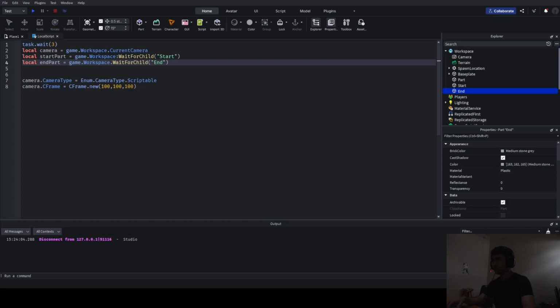So now what we're going to do is change the CFrame of this camera to be the CFrame of the start part. So we're going to say startPart.CFrame. And then what we can do is play task.wait for about 2 seconds, and then we can say camera.CFrame = endPart.CFrame. So if we go into the game, hit test and hit play, then it's going to start